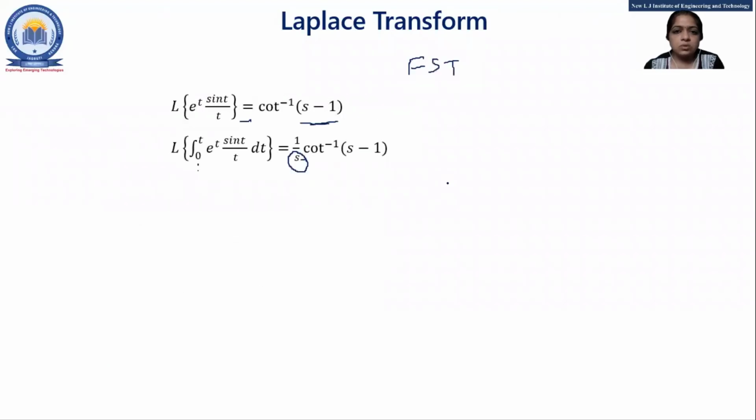Okay. So if you have any query till this example, you may ask. Do we have to remember the proof of all the properties of Laplace? Yes, yes, Achilles. Whatever proofs I have taught to you, all proofs you have to remember. The main thing is the proof of the first shifting theorem, proof of the second shifting theorem, then the differentiation of Laplace transform and integration of the Laplace transform, right? So 4 proofs you have to remember.